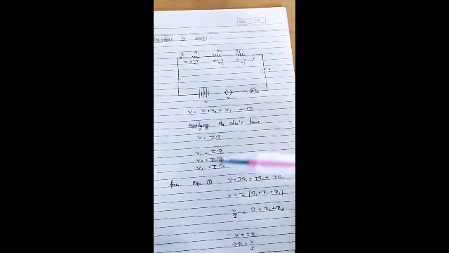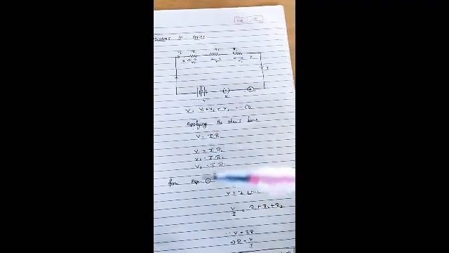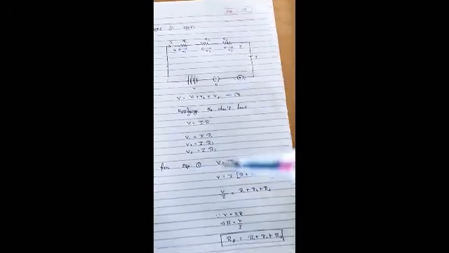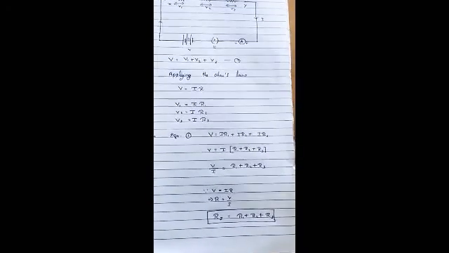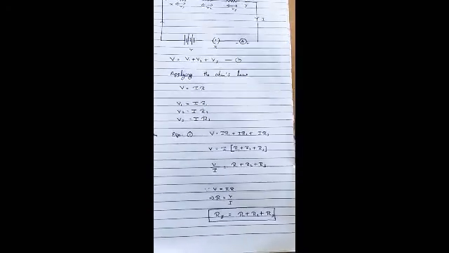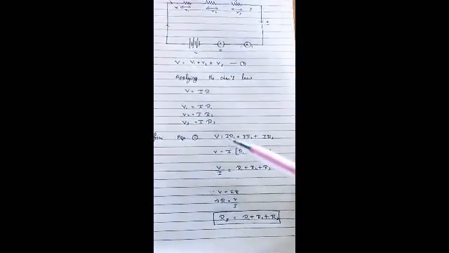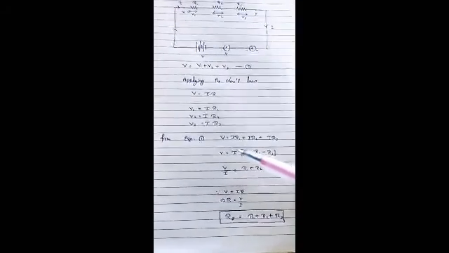Then we have the values. It is a simple mathematical step. We are applying the values of V1, V2, V3 to expression 1. From equation 1, V is equal to I into R1 plus I into R2 plus I into R3. Then here the I is common, that means the same current flows through the resistors. So I is a common value.